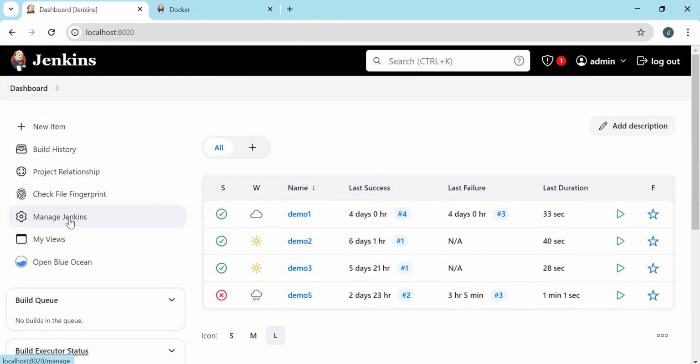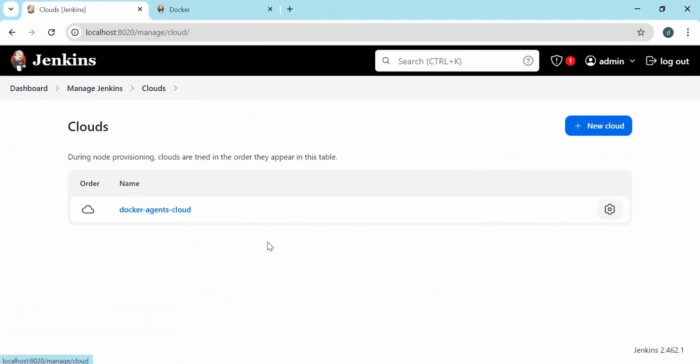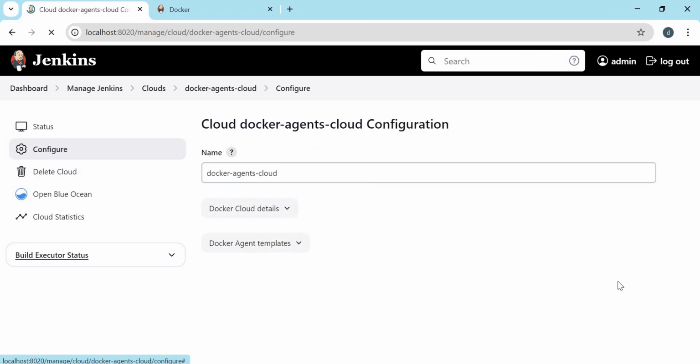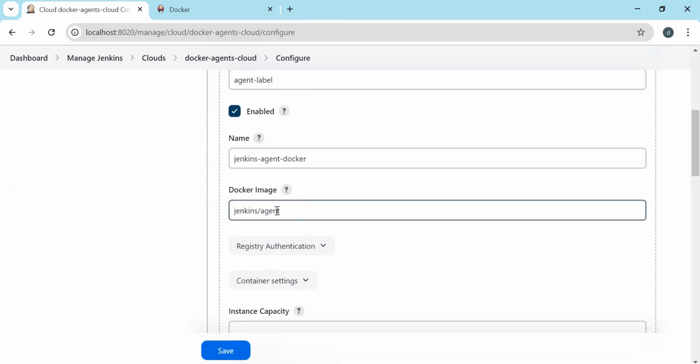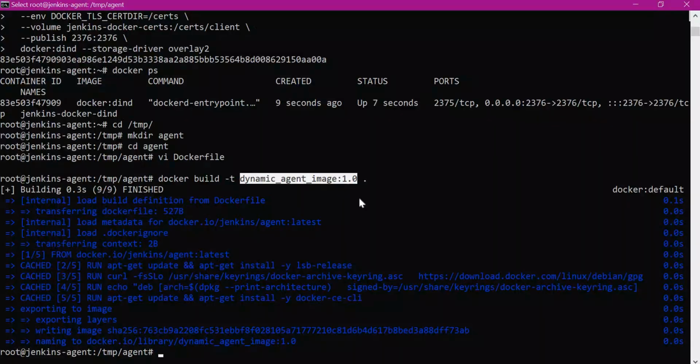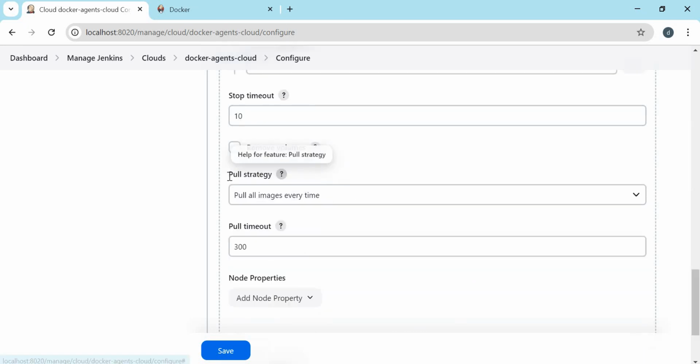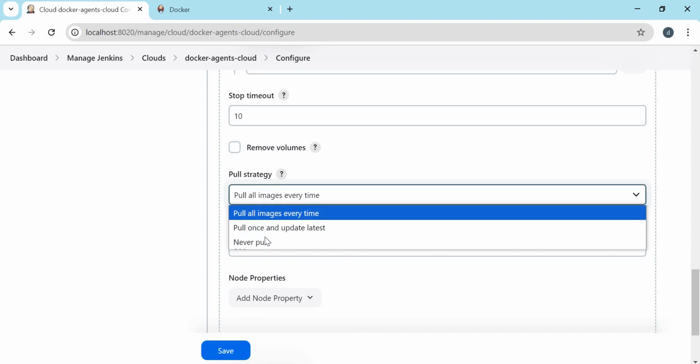Click on Manage Jenkins, click on Clouds, and click on the cloud. Let us click on Configuration. Here in the agent templates, we need to update the Docker image first. For this demo, we'll use the same image which is present in the host machine. So we need to change the pull strategy to not pull the image from Docker Hub. So I'm giving never pull,